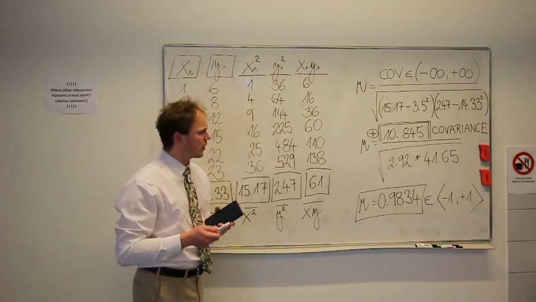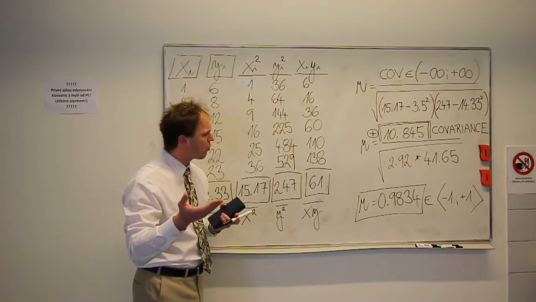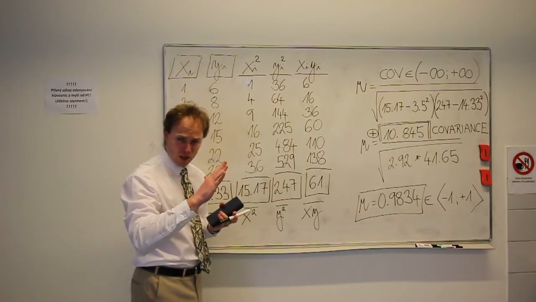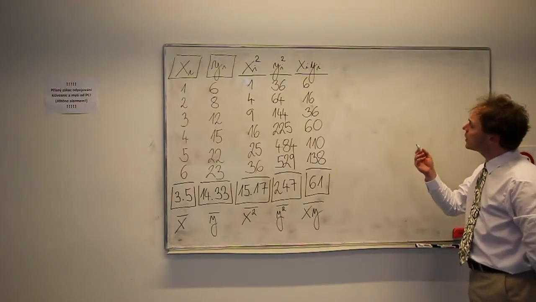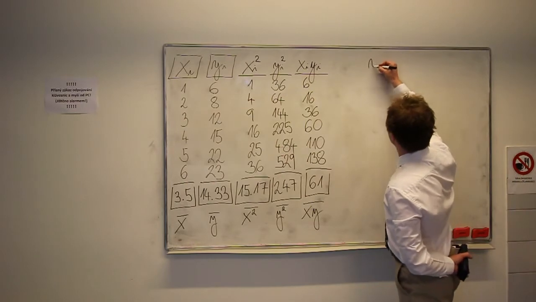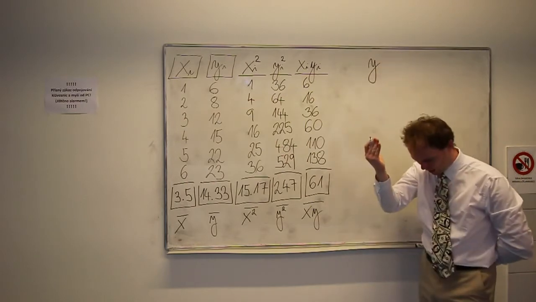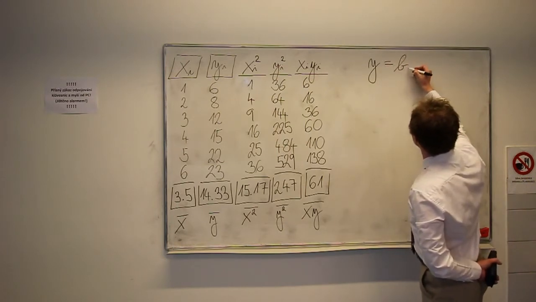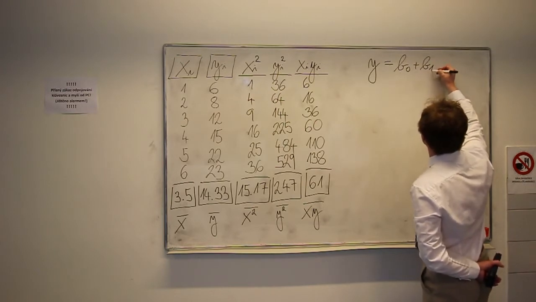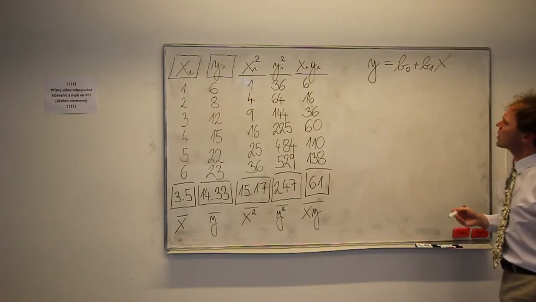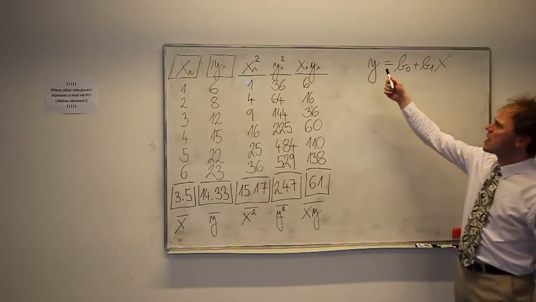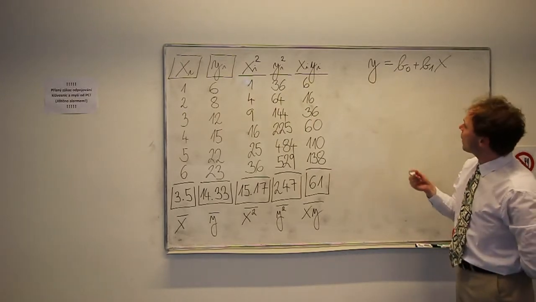Yes? So, this is the correlation coefficient, and now we will continue with the regression line and the calculation of intercept and the slope. So, first, what we need to know is what the regression line is. Yes? We can write y is equal to b0 plus b1x. Yes? So this is the formula for the line where we have here dependent variable y,